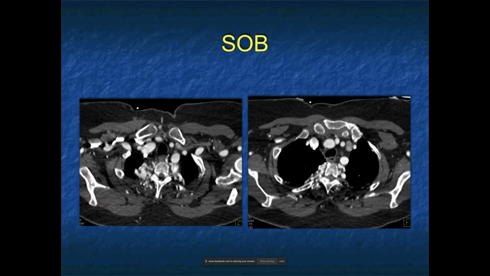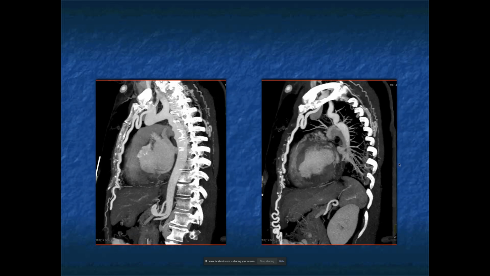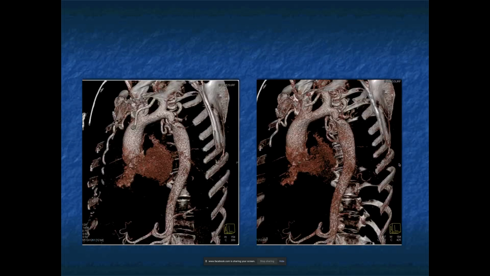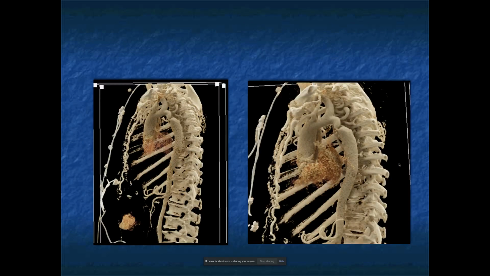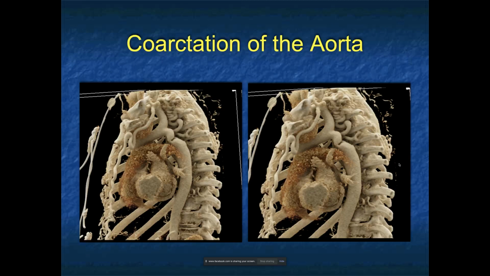Another case, patient short of breath, and I showed you this case as a little bit of a trick in the sense that, what's going on here? You see lots of collaterals posteriorly, and there you see the collaterals again. What are we dealing with here? Well, we're dealing with coarctation of the aorta. Just a really nice example of coarctation. Look at all of those collateral vessels, really nicely seen in that example of coarctation of the aorta. So a really great case.